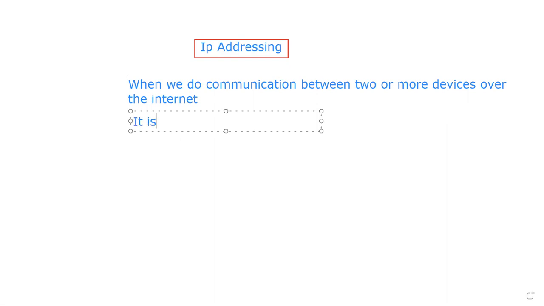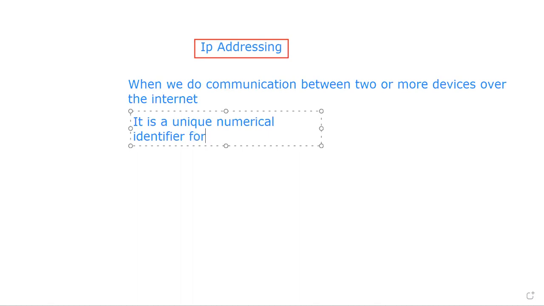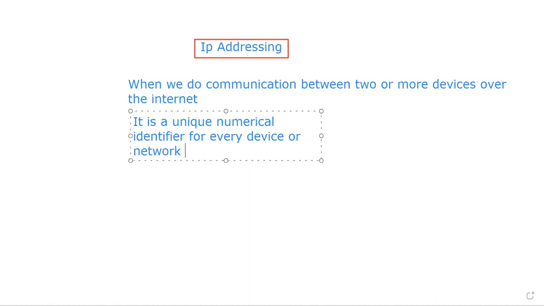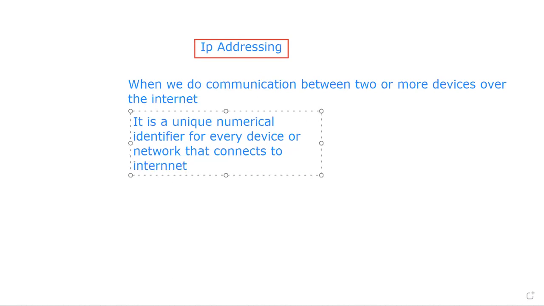And also, I can share another definition of IP address. Over the internet, an IP address is a unique numerical identifier for every device or network that connects to the internet. Okay, so